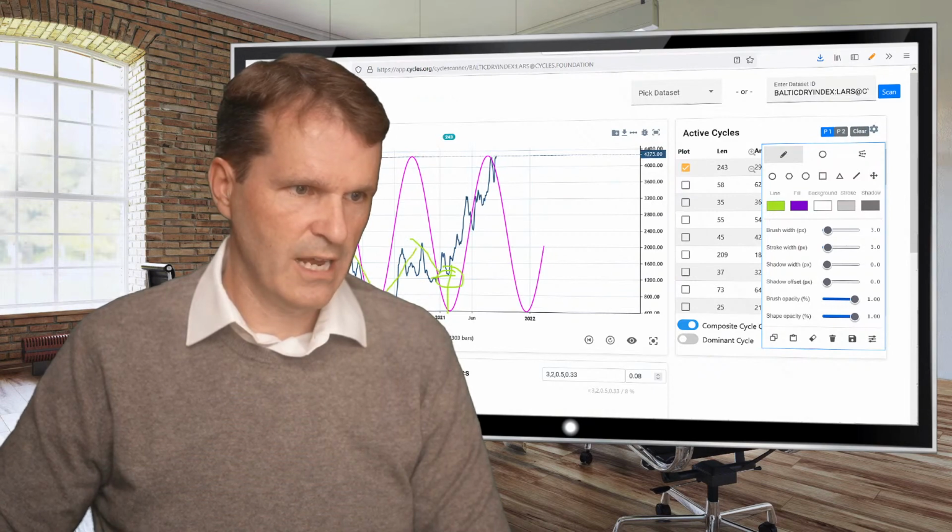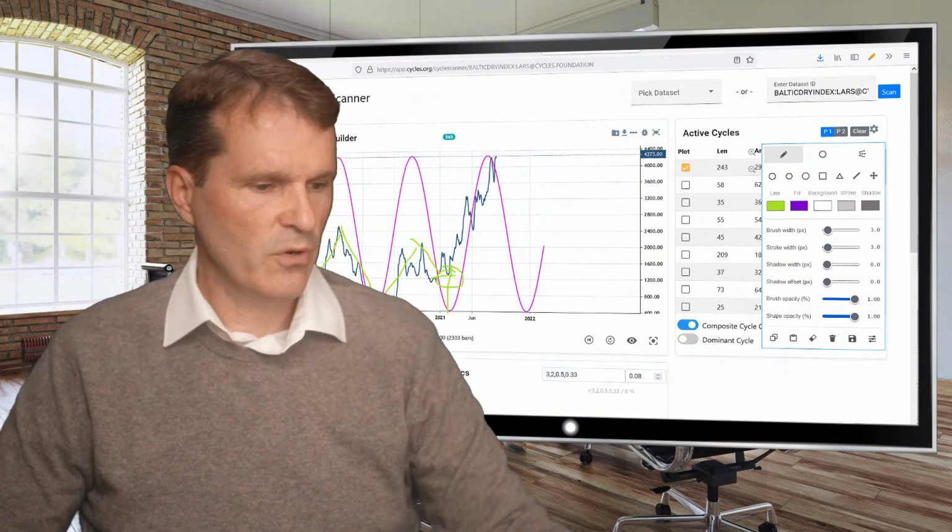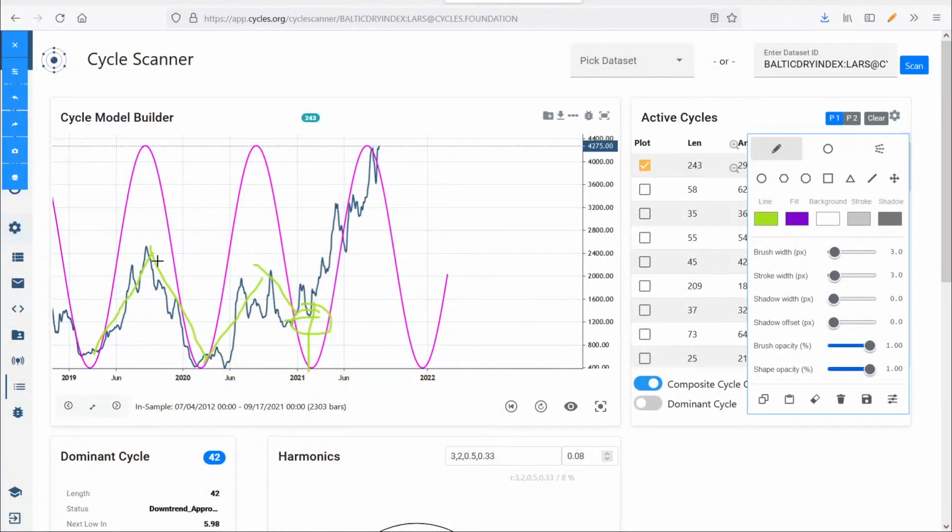So you see how the last turns have come into play here with the green, or maybe let's use another color that's better to see here. So that's the rhythm of the cycle here, where we are now in this current cycle, with just looking at the last 3 years, which gives us this indication here.